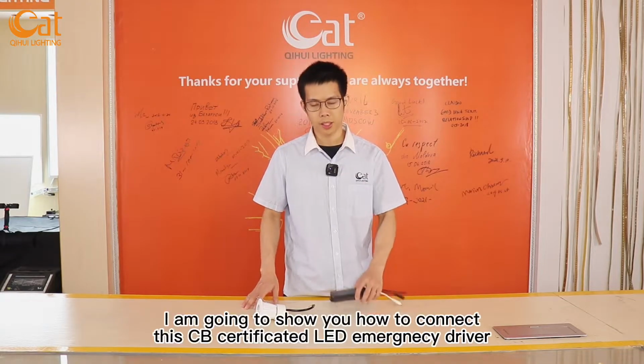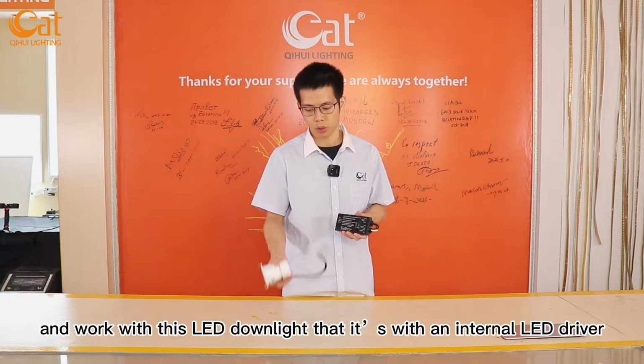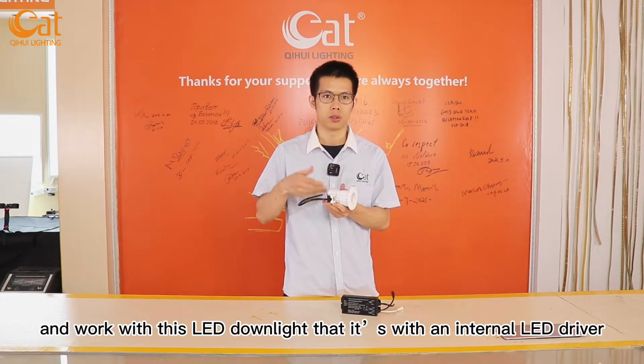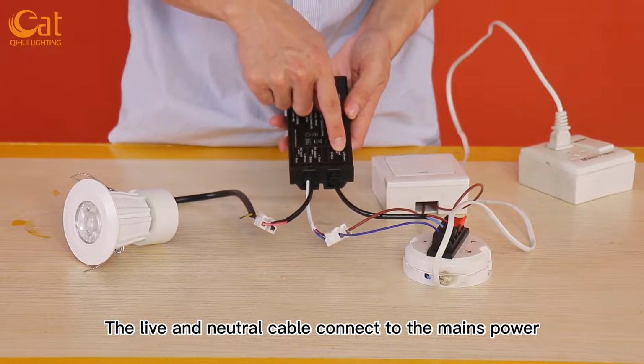Hi everyone, today I'm going to show you how to connect this CB certificate LED emergency driver to work with this LED downlight. Then it is with the internal LED driver. And we can see the wiring here, the live cable and the